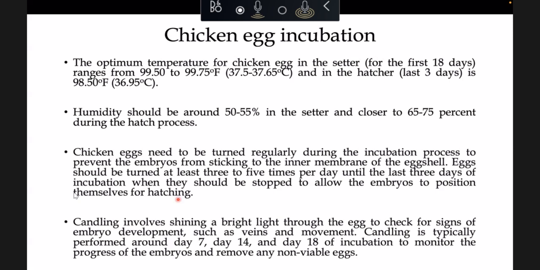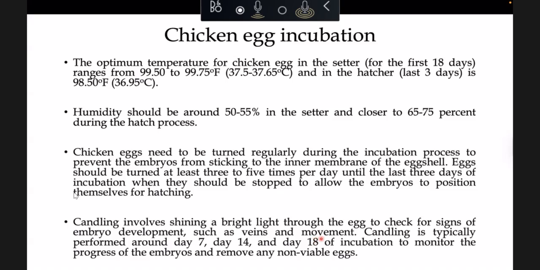Okay? So it is done by themselves, so we need not put any burden here. And for the candling of chicken eggs, we do it at 7 days, at 14 and 18 days of incubation. So during 7 and 14 days we do, and during 18 days when we transfer from the setting tray to the hatching